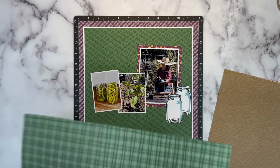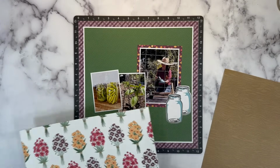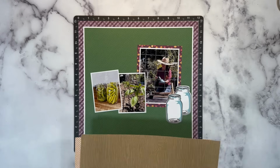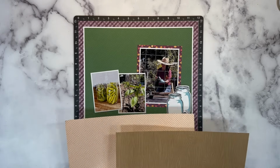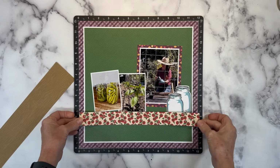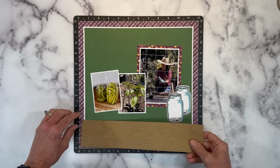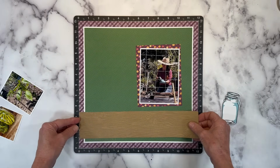I don't like the green on green, and those are obviously not going to be ideal; these make great embellishments rather than a background. So now I've narrowed it down to two, and I still think the wood grain is going to be the way to go, although both of those would work. Let's go with wood grain. We've got this strip of tomatoes too, but you can see that it looks okay, but not the look I'm going for. So this is 12 inches by 2.5, and let's go ahead and just slide this up underneath here,